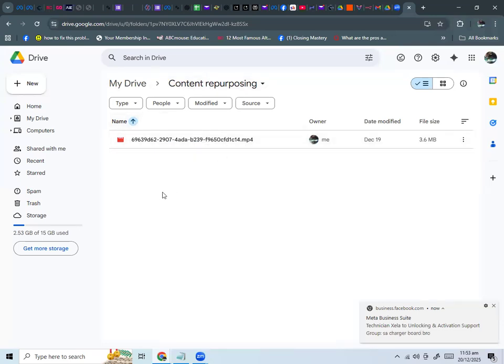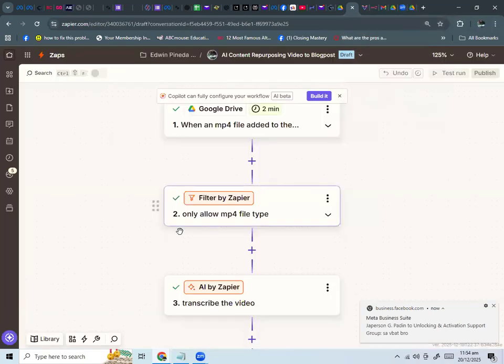If someone uploads a doc, a spreadsheet, or anything else, it will not be processed. Only MP4 files will be processed by this workflow, so that's why I put this filter here.